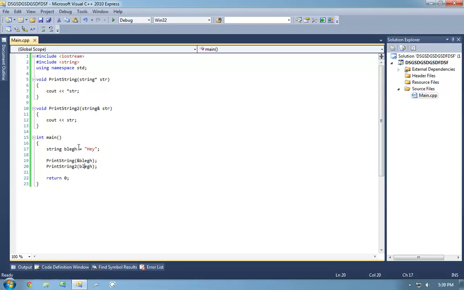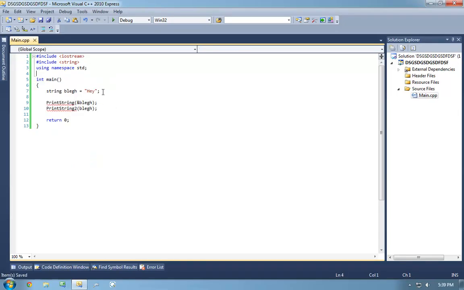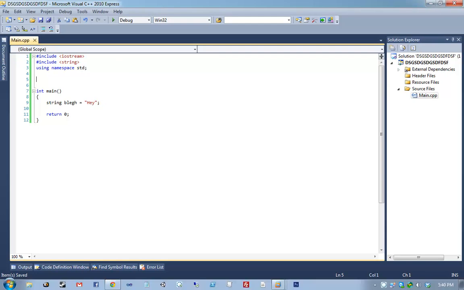So again, very, very straightforward concept. There's not a whole lot to talk about in regards to references. It does bring up an interesting thing, though, that actually does lead into the next thing I wanted to talk about today, which will be initialization lists. So, for example, let's say I have a class called Class A.